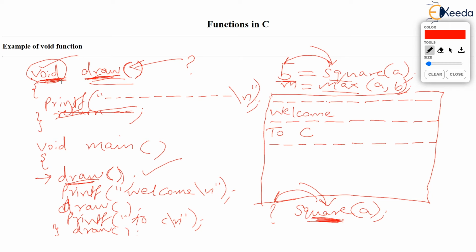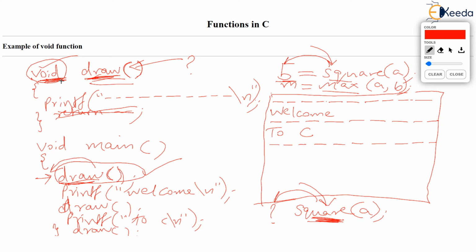But look at the call to the draw function. Check this place. Draw is simply called without writing anything on the left hand side of the call, because draw is a void function and void functions do not return an answer. If there is no answer returned back to the draw call, then where does the question of writing some variable on the left hand side and storing the value come into the picture?